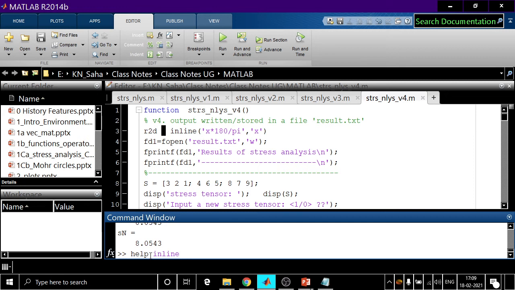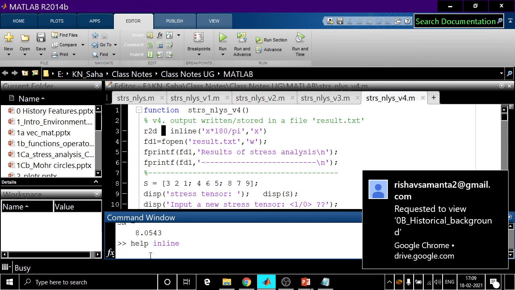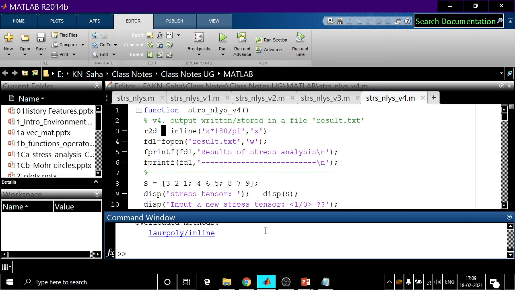We use a function explicitly. These are some examples of inline. So what is required in inline? There is an argument part, and there is an output part also.